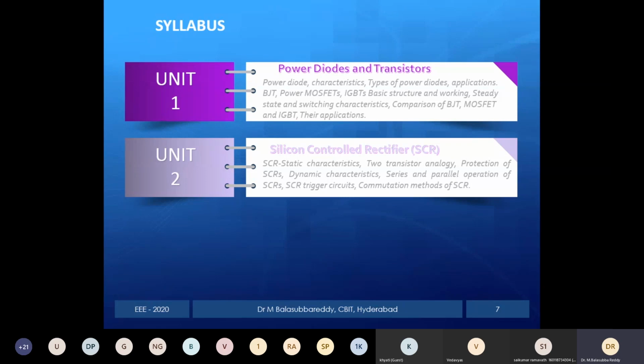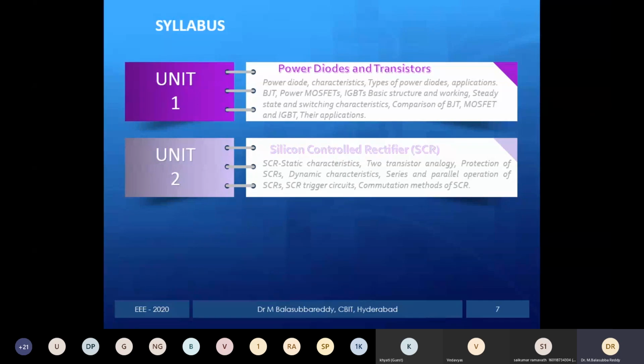Series operation deals with the voltage and parallel operation deals with the current. So whenever one unit is not sufficient, one unit meaning one SCR here, one SCR is not sufficient to meet the demand, then you have to go for series and parallel combinations. The series is to meet the voltage demand, parallel operation to meet the current demand. For high rating applications like HVDC transmission and all, you are able to use this type of operation because one device is not suitable.